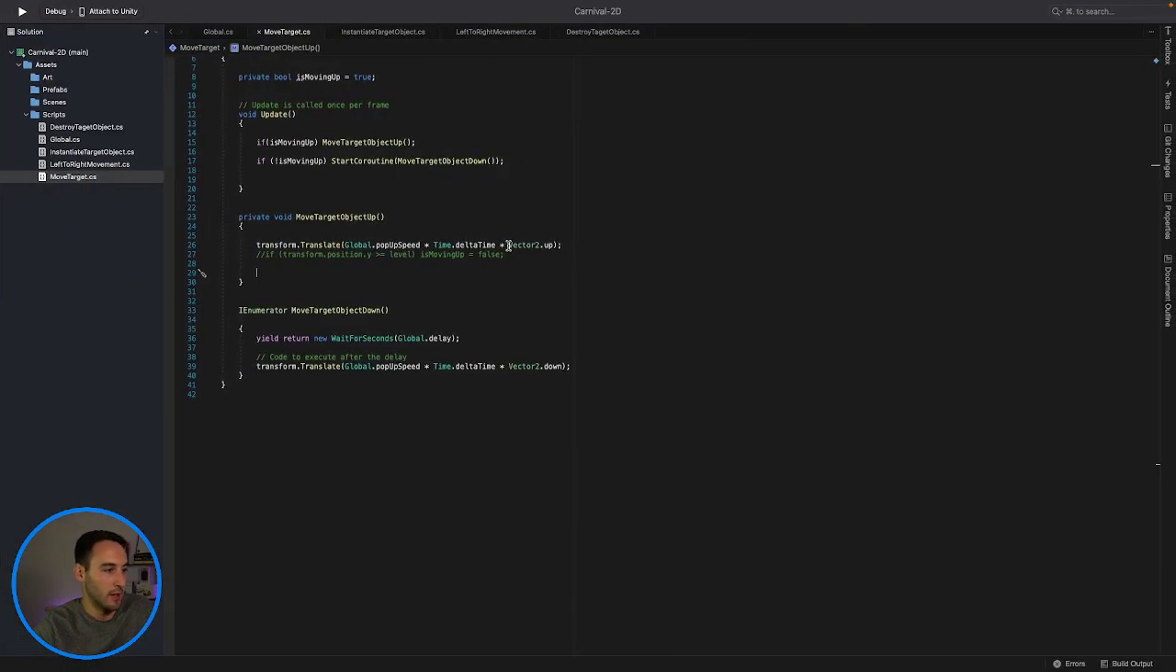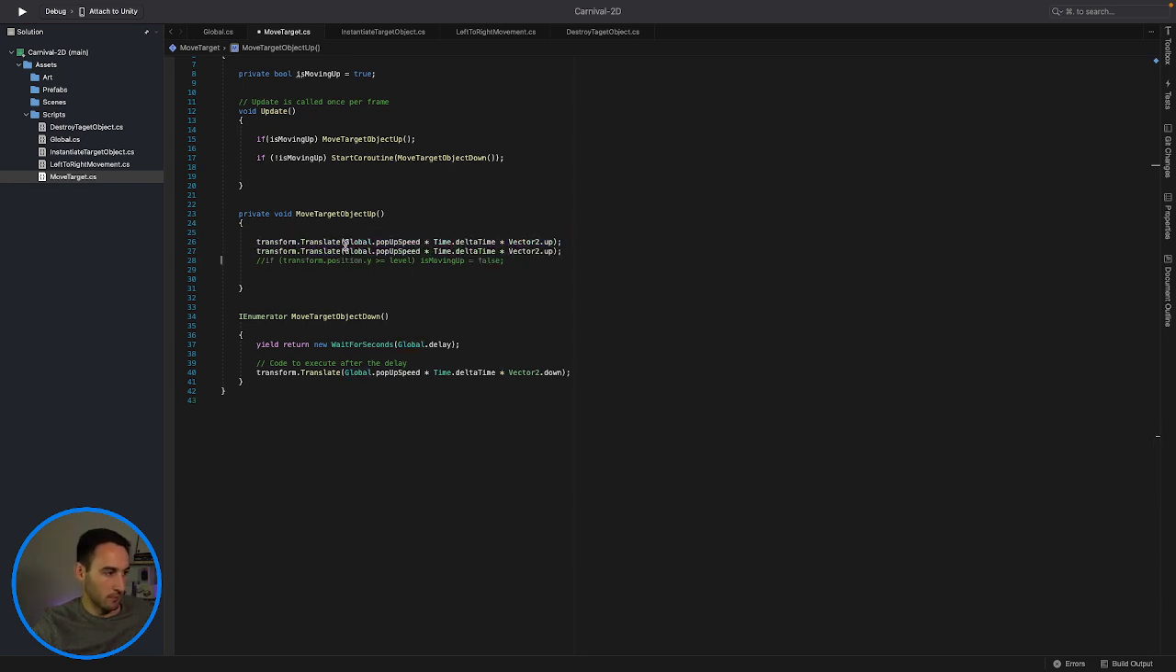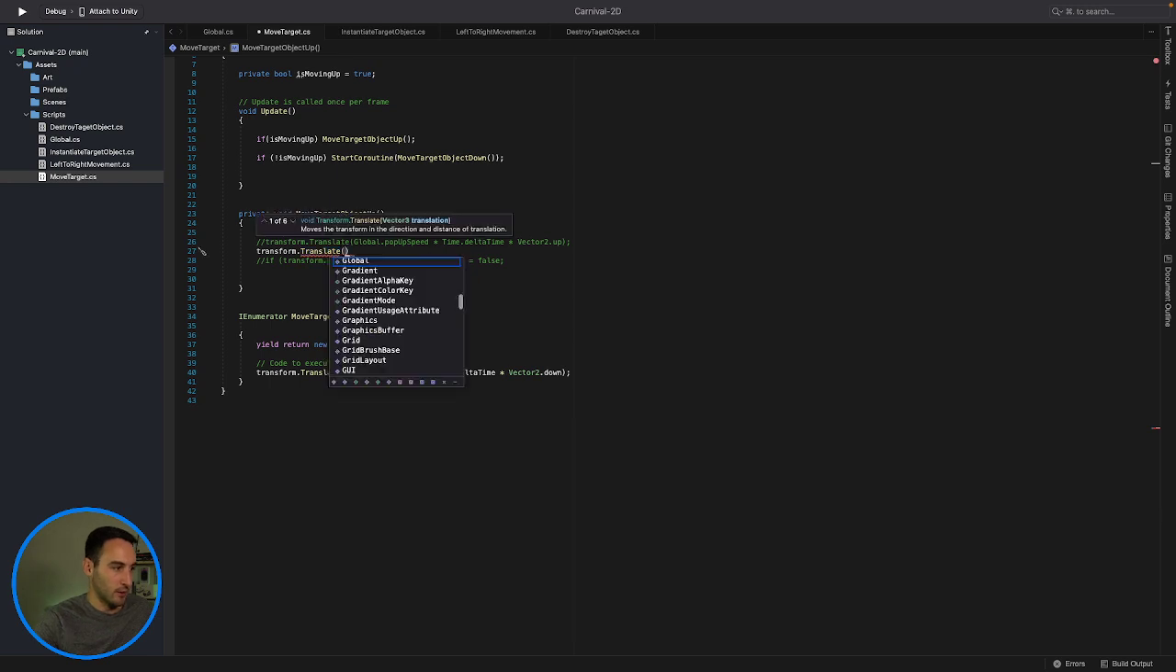Instead of having pop-up speed, let's get rid of this quick. We'll leave that layer there just in case it doesn't work, but instead of having all of this, let's go and see what it needs. So translate, vector 3 translation, move the transform in the direction and distance of travel. Okay, so